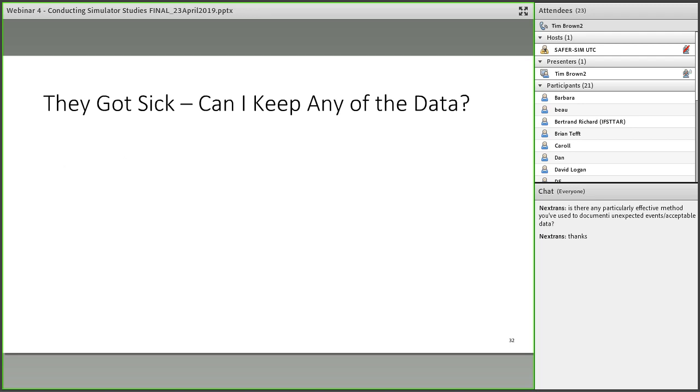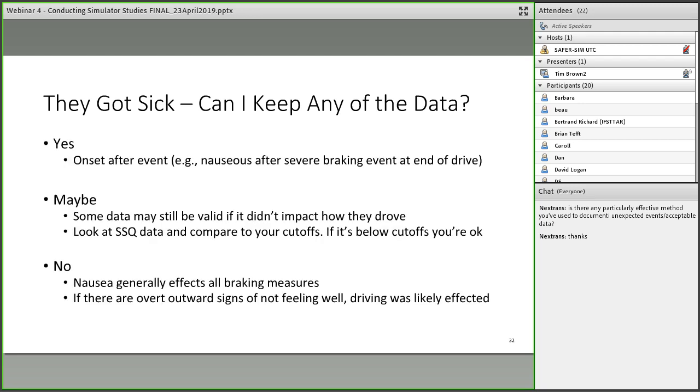And so, as we said, it really depends. If they got sick after the event you care about, for example, if you're conducting a crash avoidance study and they got sick as a result of the braking maneuver, they started feeling nauseous at the end of the braking maneuver, your answer may be yes. That may be one where it's very simple, there were no problems observed until they slammed on the brakes,